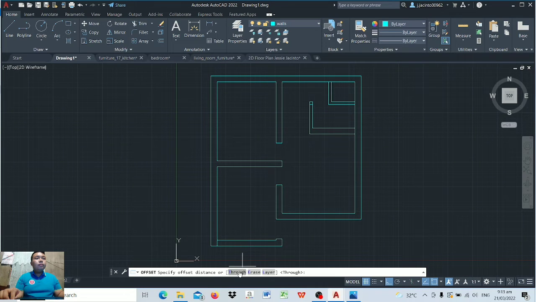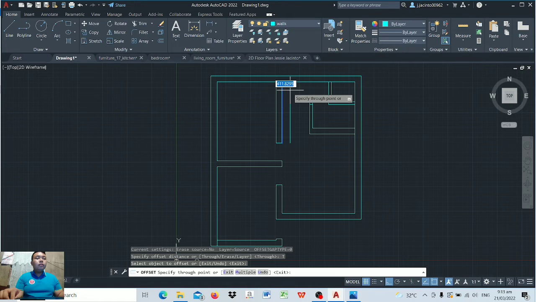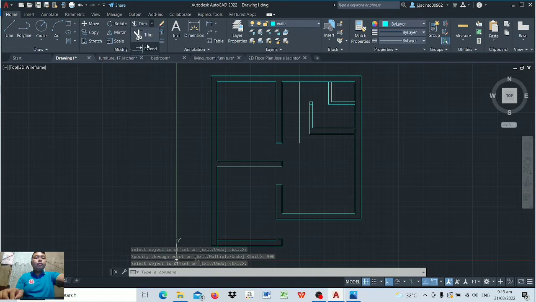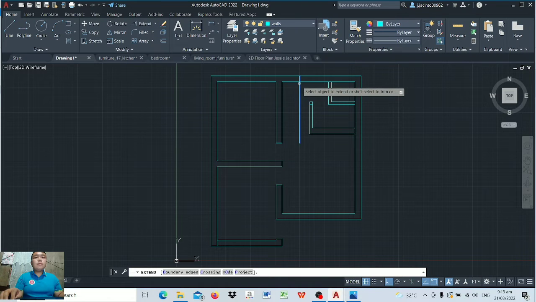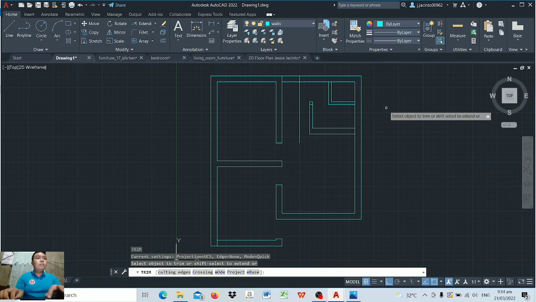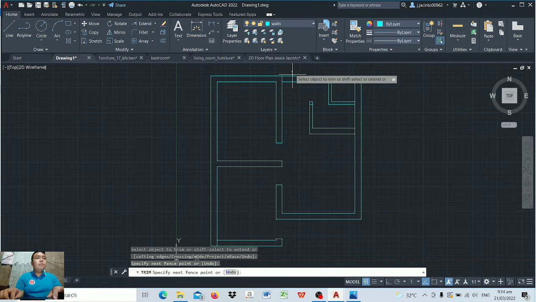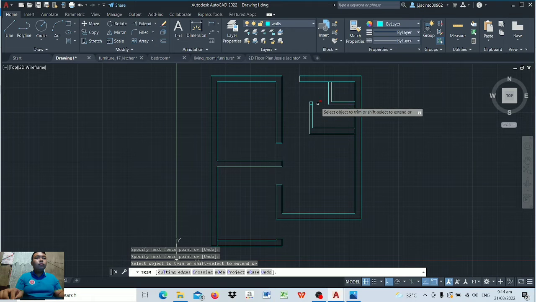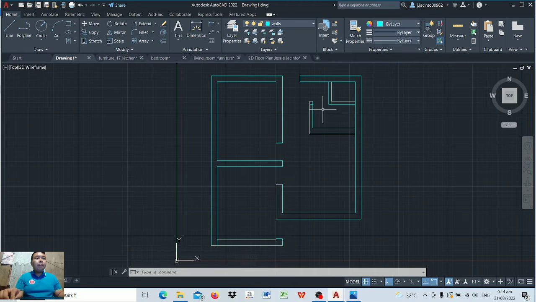This line also, with the offset, enter the measurement, then click the extend, then extend these lines. Then after that you have to trim, keyboard shortcut again. You have 3R, then trim. Now as we can see,